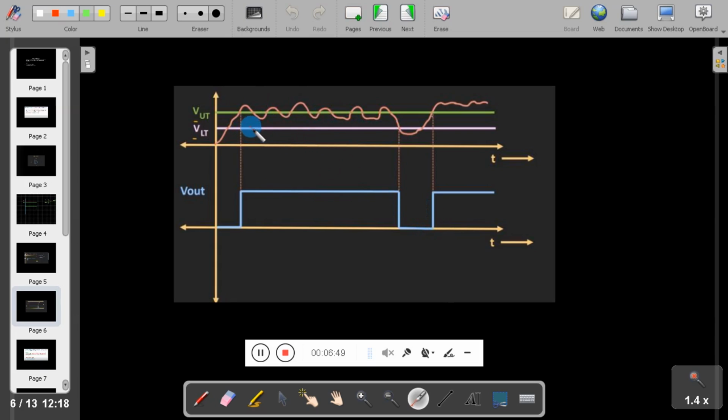That means input will be either high or low depending on the VUT or VLT. So we can say this Schmitt trigger has got immunity to the noise. So now,